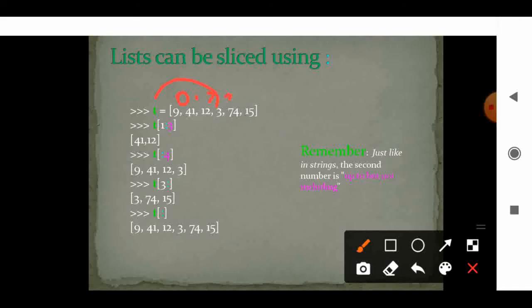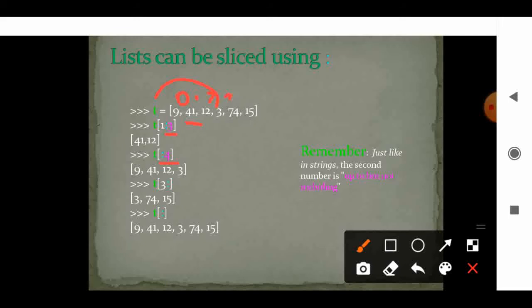Just like in a string, the second number is up to but not including. It will take up to, but not include, the last number. So 0, 1, 2 alone it will display. Starting from 1 alone, the values are 41, 12.